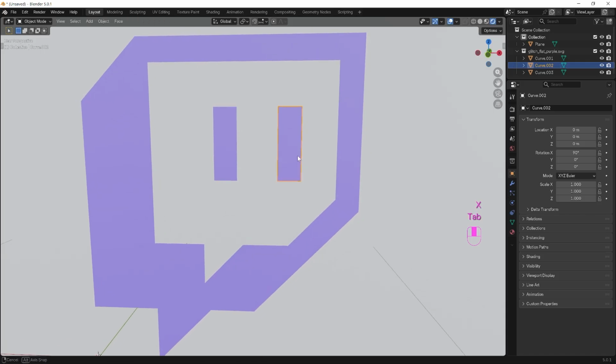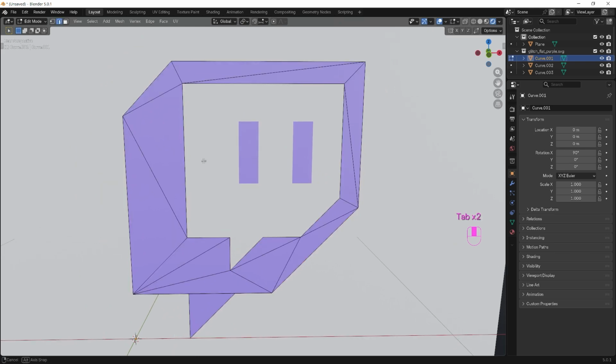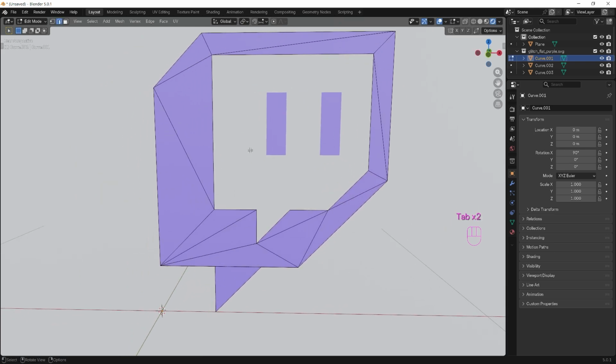And now it's time to tackle the face. Select the face and tab into edit mode. And let's get rid of this ugly topology ASAP. Make sure you're still in Edge Select mode and click on one of these inner edges. Then hold down Shift and click on all the remaining inner edges.